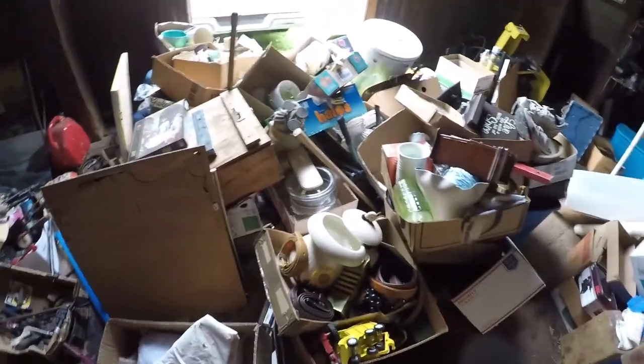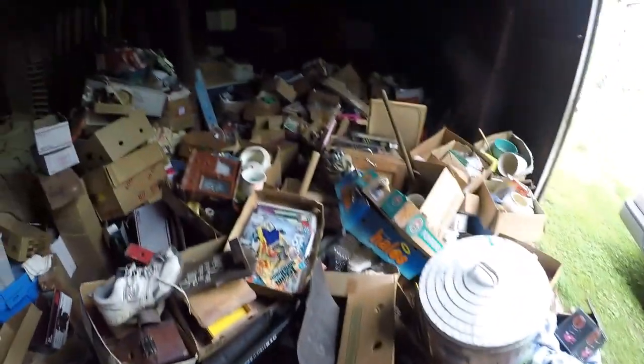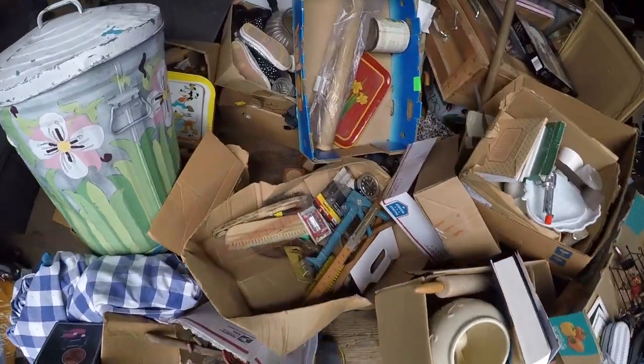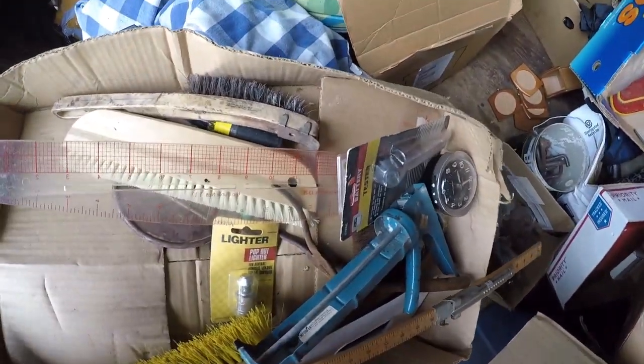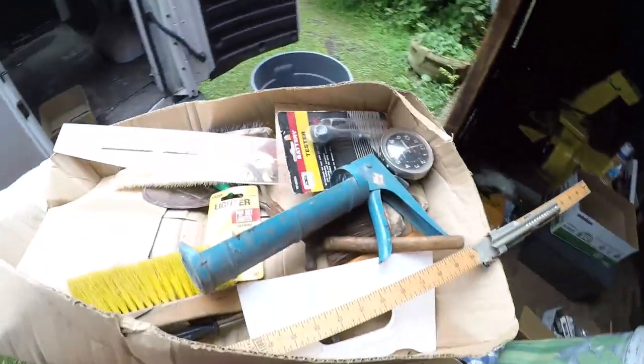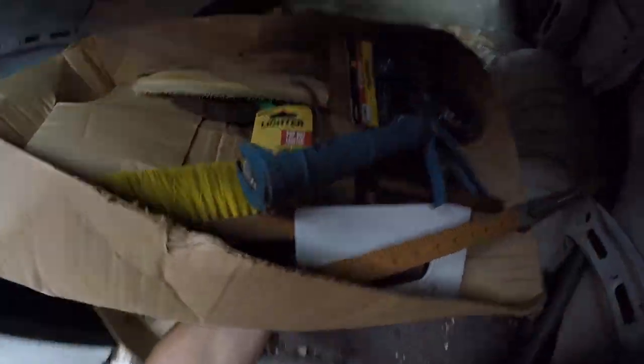So trying to load up the van for the flea market. Trying to get rid of stuff, and hopefully tomorrow will be a good day because I need to make space. I'm trying to separate all the garbage out, but it's kind of hard to do with one hand. I got this box of tools. The whole box is destroyed, so what I'm going to do is